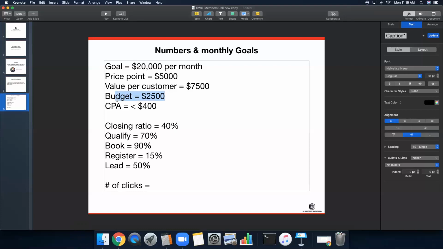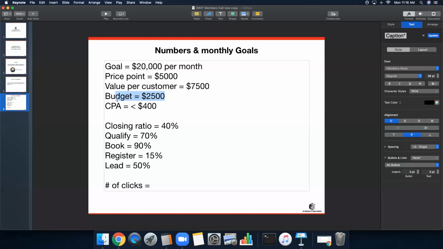Your budget should be about 10% to 15% of your monthly revenue. So if I expect my revenue to be $20,000 per month, I want to be able to at least put in $2,500, right? If $20,000 per month is my goal, I should be comfortable putting in $2,500 into my marketing budget. It just makes sense. If your business is a business and it's not supporting outside activities, then you should be comfortable making this decision.